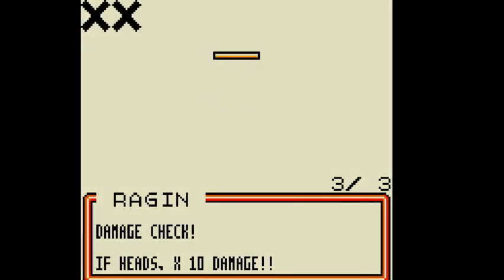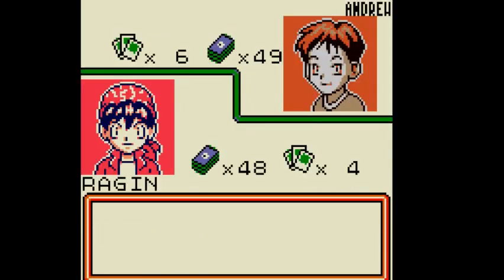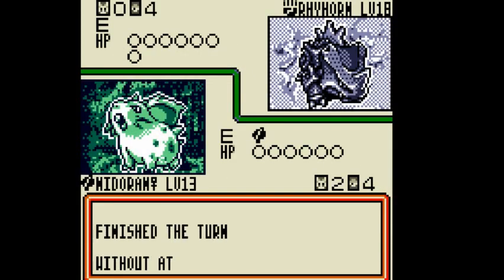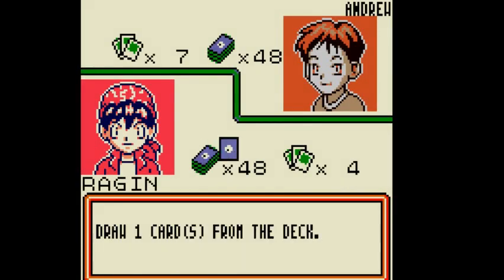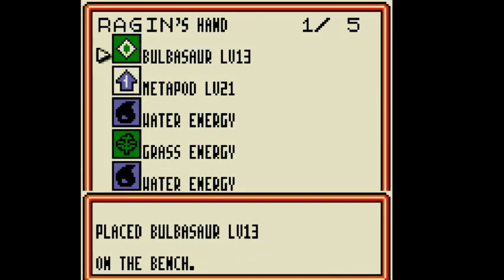Miss. Miss. Miss! Great! Good job, Nidoran. You stink. You just simply missed. Why? Why are you even here? Okay, so he has only evolution cards in his hand. That's what that hand tells me. Either that or there are things that handle...